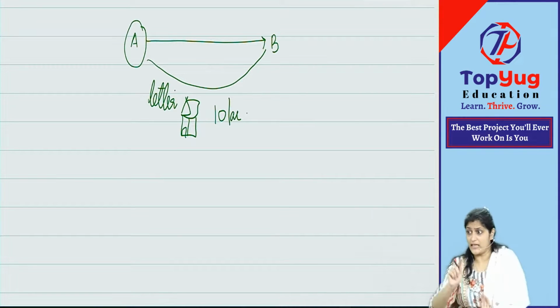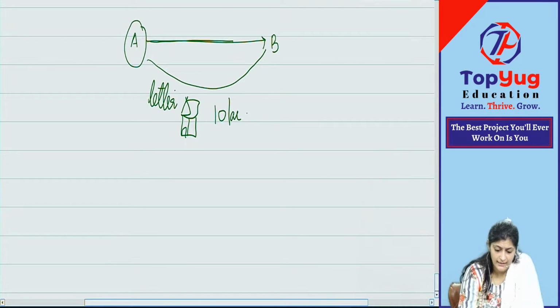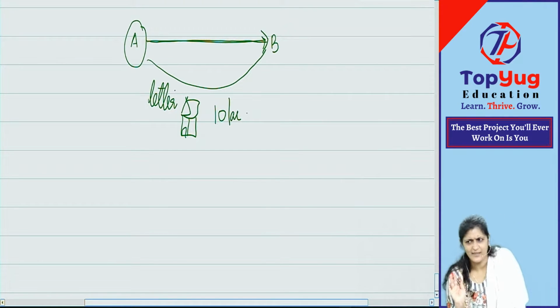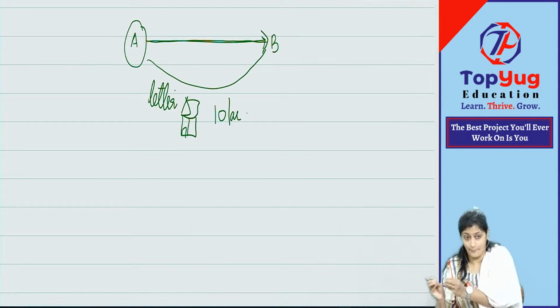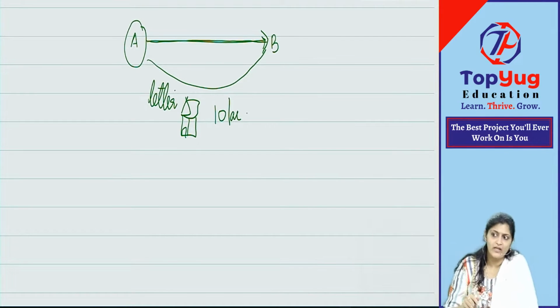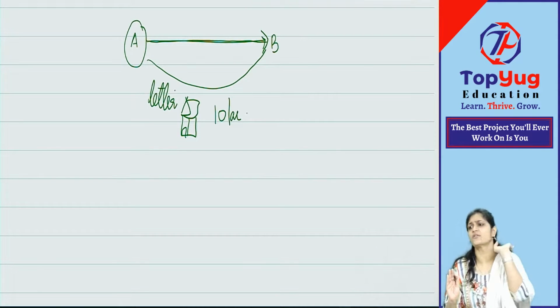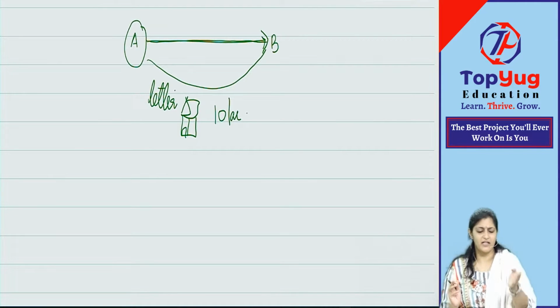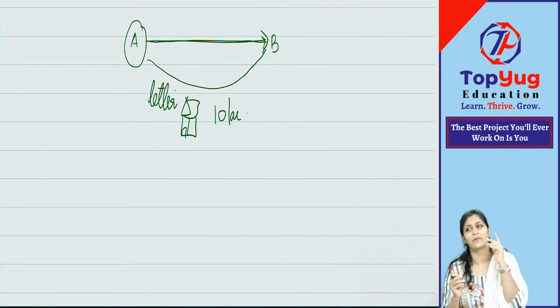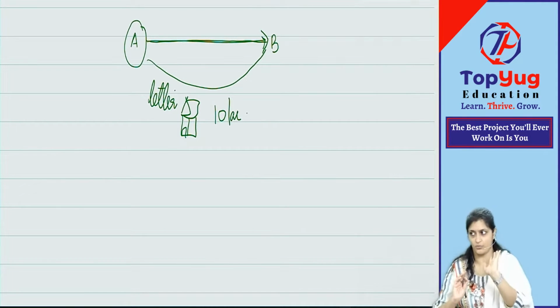B is searching for a house. He also wants to buy a house. He is not aware. Still the letter did not reach B. It will take some time for the letter to reach. 1 day, 2 days if it is speed post or courier. If it is normal, then 3 days. It will take some time, right? So at the same time when A was writing and posting the letter, what did B do? B is not aware. There's no communication between A and B. Only, they are friends, and sometimes they discussed. A discussed that in some time maybe I'll sell my house. B also discussed I am also searching, maybe sometime I'll also buy a house. They just discussed one day.